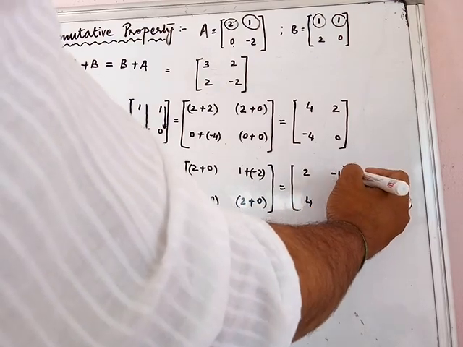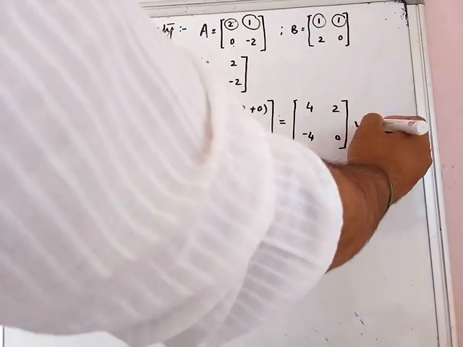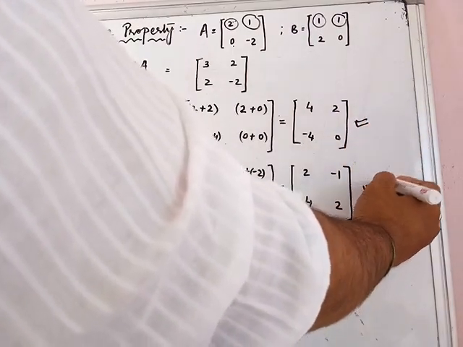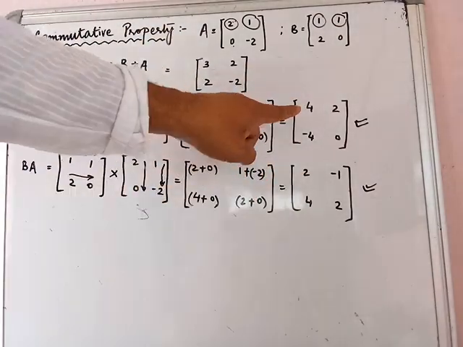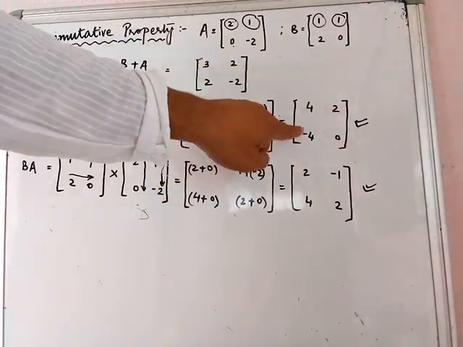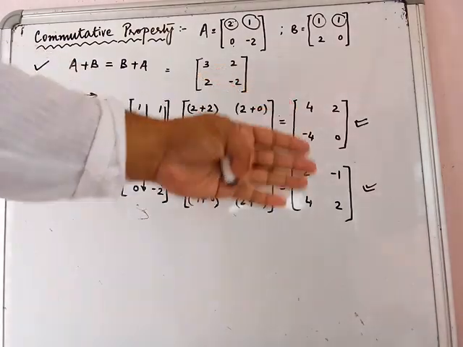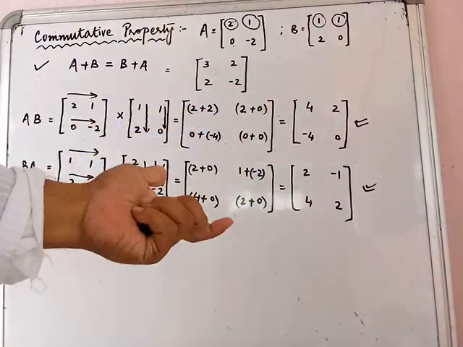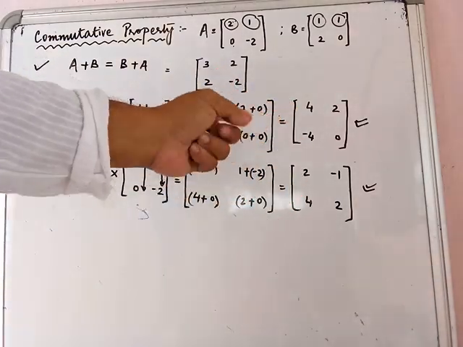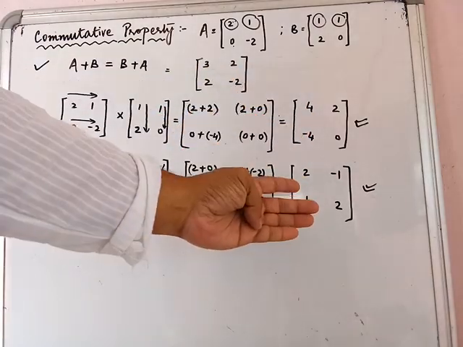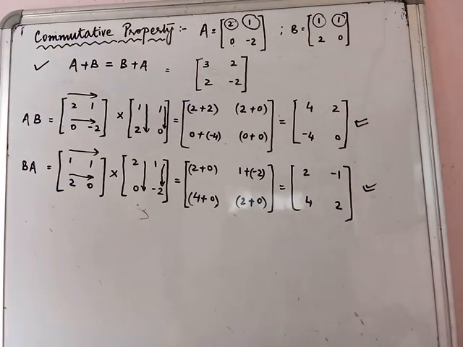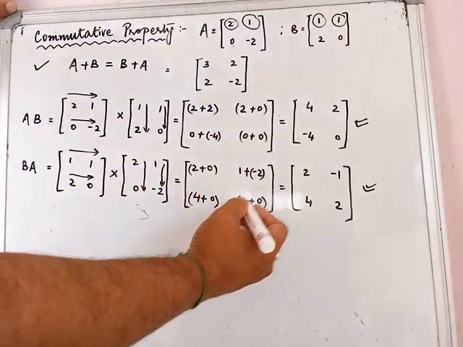Okay, now look at this and look at this. Are they matching? Are they exactly same? No, they are not same. You see, this is an entirely different matrix which may have a few elements in common, but then they are not correspondingly same. So this matrix is altogether a very different matrix to this one. That means AB and BA may not necessarily be same.